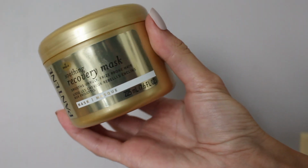I've yet to find one that's a go-to holy grail hair mask, but right now I've been using this Pantene Pro-V. I'll have that inserted as well. I apologize if I can't think of the name of it, but I do have it with me. I'll show you what it looks like. It's like a gold